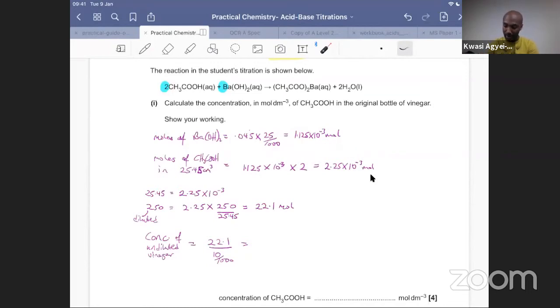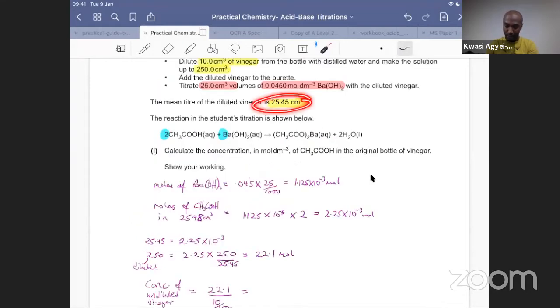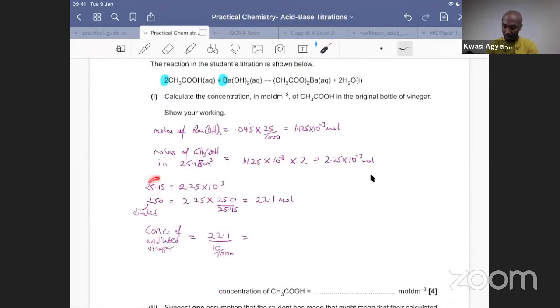Now this is the number of moles in 25.45 centimeters cubed of vinegar. Therefore, in 250 centimeters cubed of our vinegar, you're going to have 250 times 2.25 divided by